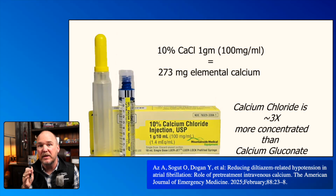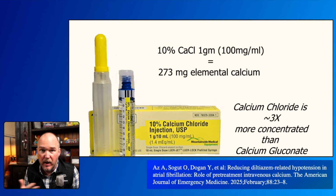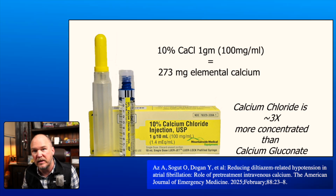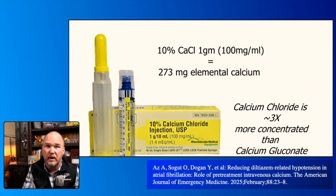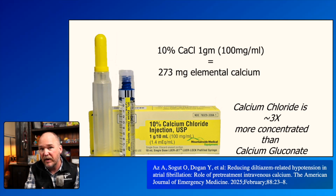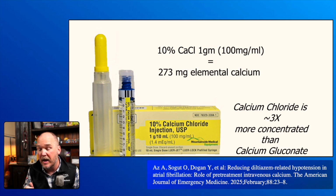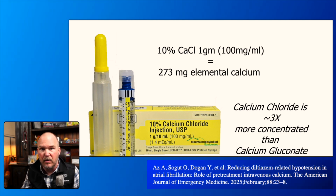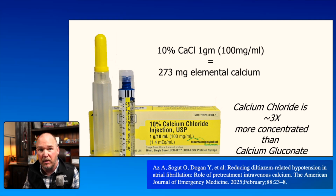Now, at this point, I think it's probably useful to say what I mean when I say elemental calcium. Now, we don't have elemental calcium on the ambulance. We either have calcium gluconate or, more likely, calcium chloride. Now, as y'all know, calcium chloride comes in a concentration of 1 gram in 10 milliliters. That is 1 gram of calcium chloride, to be clear, not 1 gram of elemental calcium. To get how much elemental calcium you need, you got to get the chloride out of there. So if you back out the chloride molecule from that, what you're going to find is about 273 milligrams of